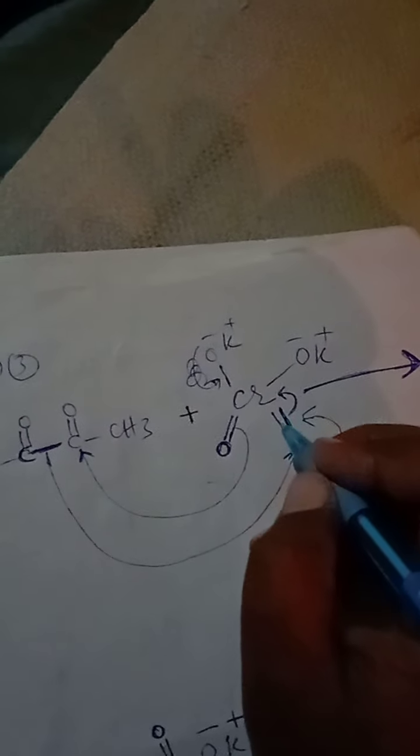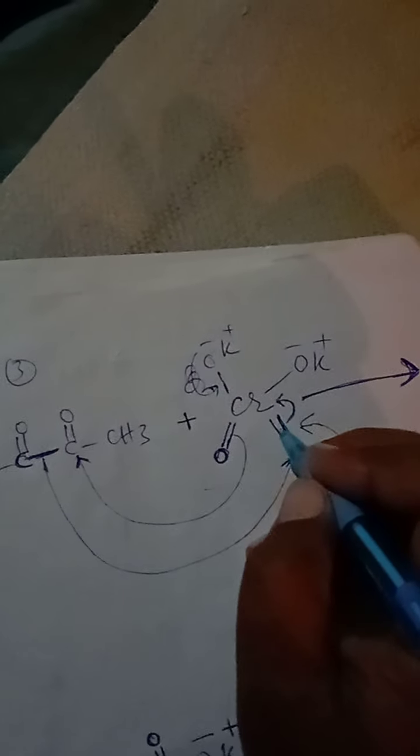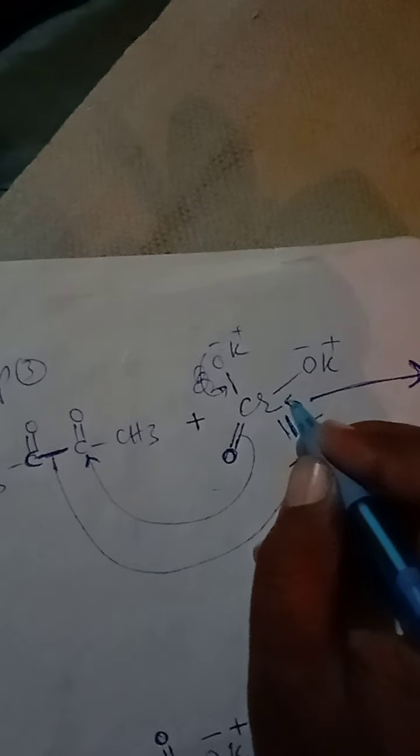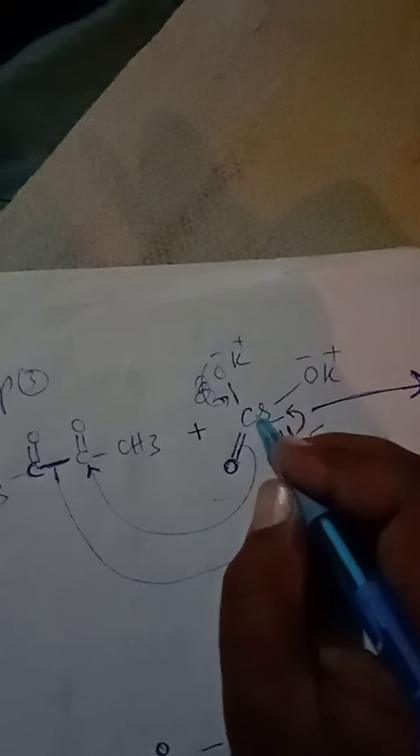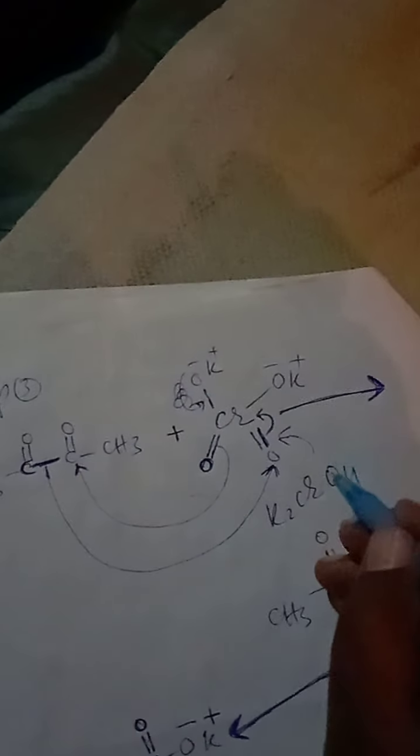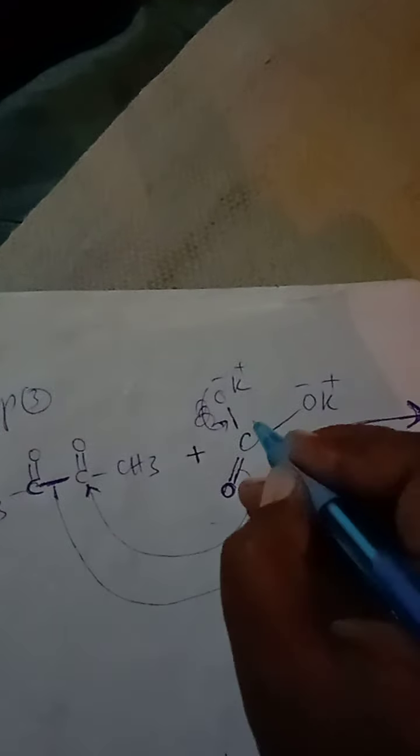The pi electrons of the oxygen chromium double bond are absorbed by Cr, due to which over here the oxidation state of the chromium is +6, while when this